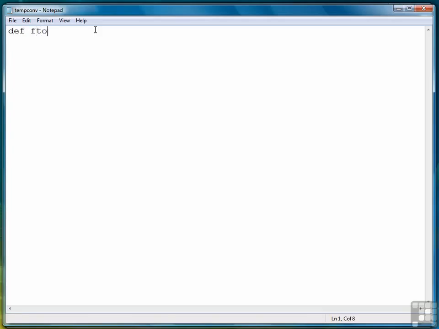What I'm going to do first is write single functions that convert from one scale to the other. The first thing we're going to do is write a function that converts from Fahrenheit to Celsius using just one parameter. And then we're going to modify a new function that will take two parameters. So to do the Fahrenheit to Celsius conversion, we simply provide a single parameter, temp, and then in our return statement, we take temp minus 32 degrees times 5/9, and that'll give us a Celsius temperature given a Fahrenheit temperature